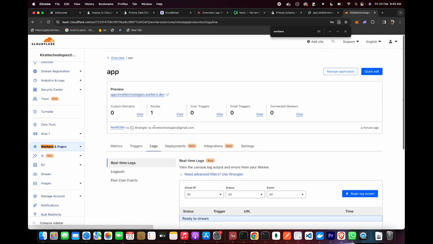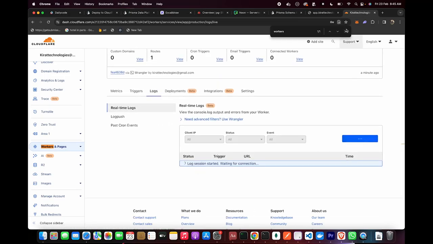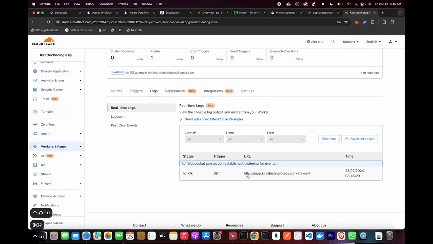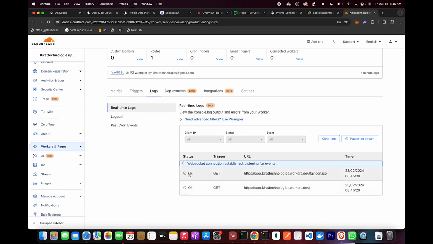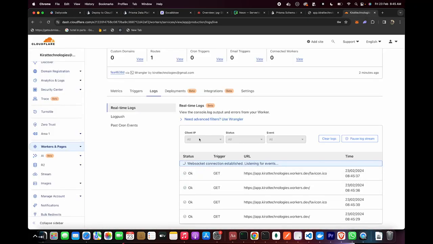What else? If you look at the logs, I can begin the log stream. If I now refresh this, I will see it says okay. You will see it says okay get. There was a get request to app.100xdevs.com slash whatever the worker. That's pretty much it. We have a worker that is running that is able to connect to a database through